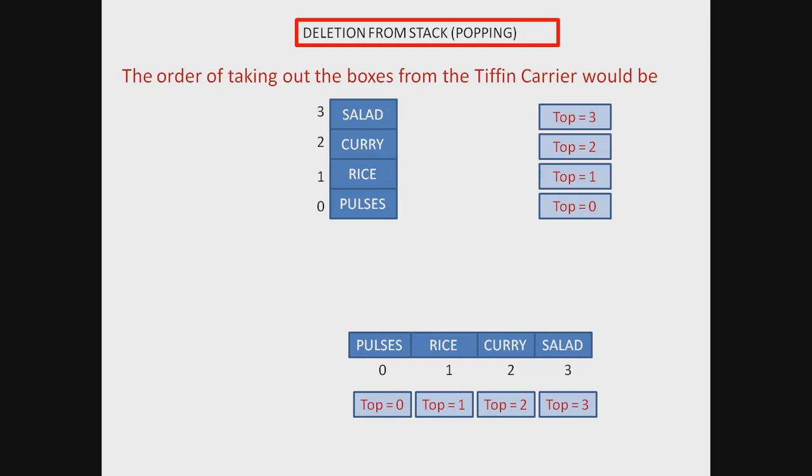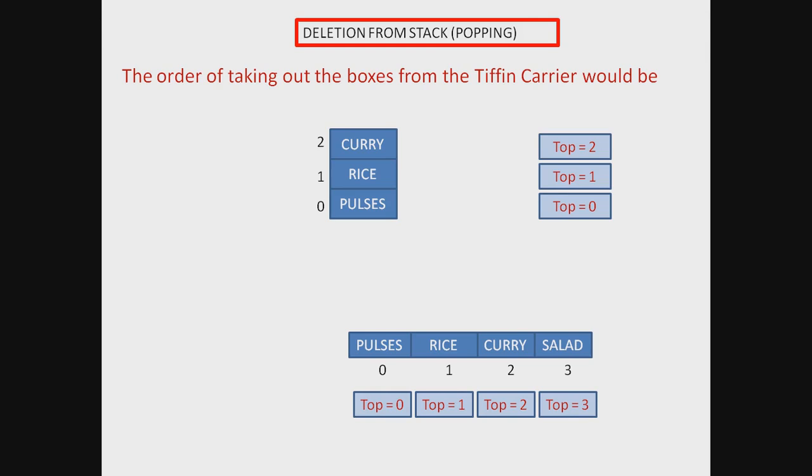We should know here that when we delete something from a list, it is technically termed as popping. Popping means deleting something from the list. So salad is going to be deleted first, C. And when salad got deleted, top, which had a value 3, now has the value 2.